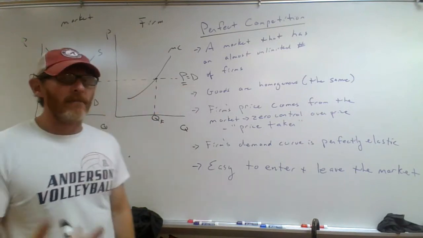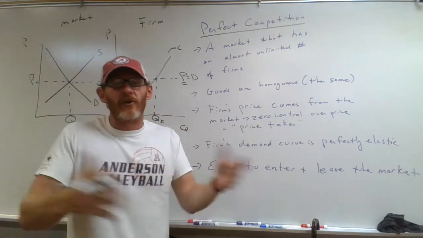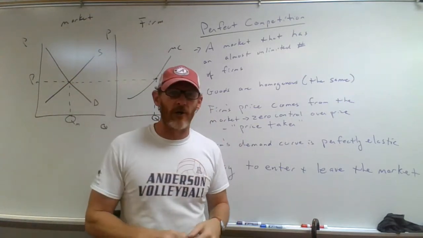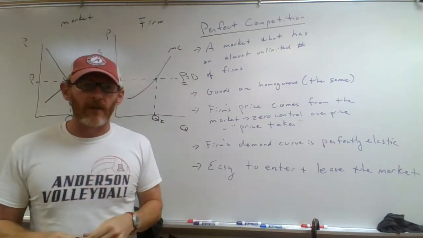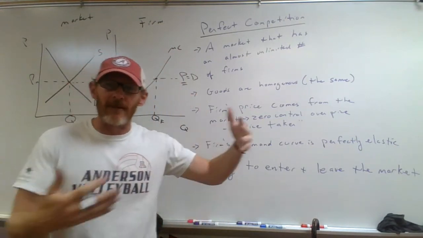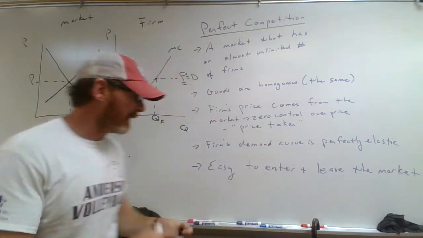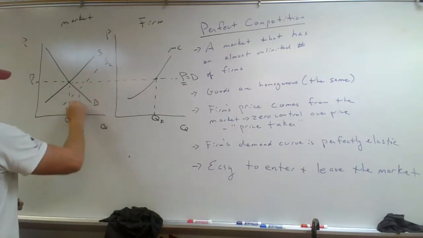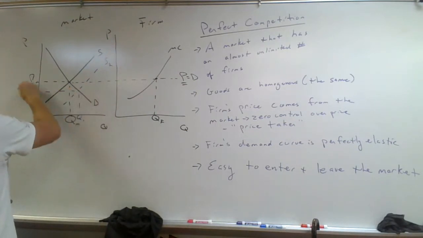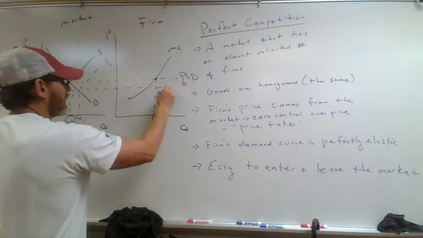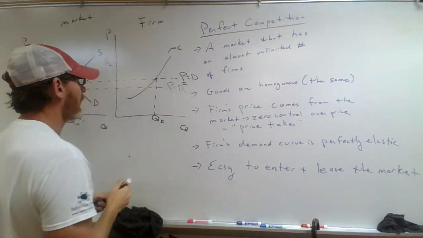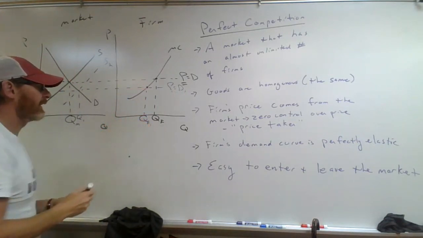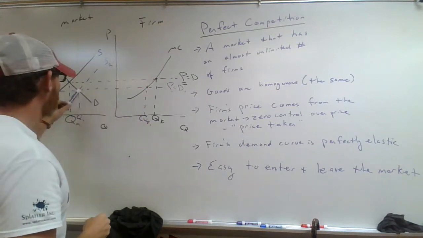Therefore, the demand for your product is completely elastic and the price is taken from the market, so they are the same. Now you might say, well, why would a firm enter or leave the market? Well, I'm not going to get into the average total cost and stuff too much, but if firms are making a profit, then more firms will enter the market. And as more firms enter the market, that's an increase in the supply of firms, which increases our quantity, and it decreases our price, which means there's a new lower price for that firm. So that firm's actually going to be making less because other people are making more.